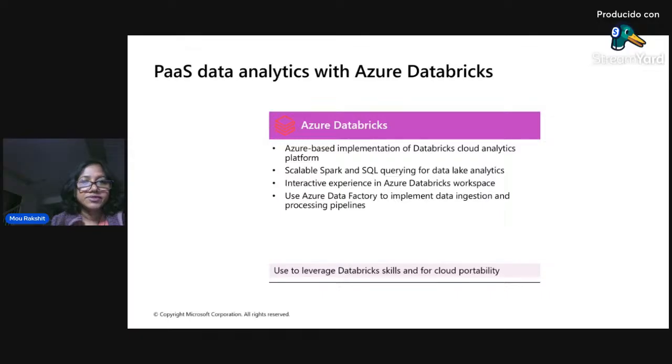So, we can dive deeper into Azure Databricks, but you got it. Basically, this is one of the solutions within the Microsoft Azure platform. It is a first-party service with which you can do distributed data processing, and you can do all kinds of workloads, not only data engineering, but data science, machine learning, and data analytics.